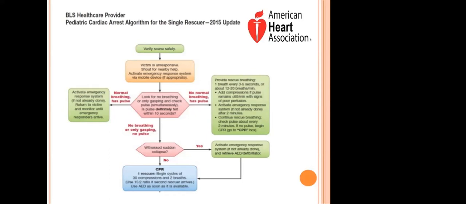But if the arrest was not witnessed and you are a single rescuer, you want to begin cycles of 30 compressions and give your 2 breaths. Especially for children, you want to do 15 to 2 once a second rescuer comes along. But if a second rescuer comes along, you want to change your sequence of compression and rescue breath. Don't forget to use your AED when and if it's available.